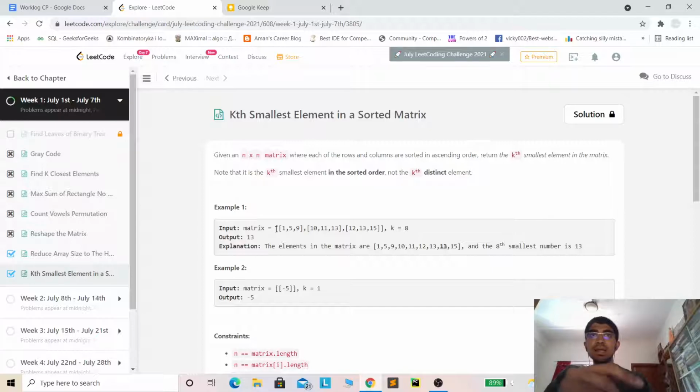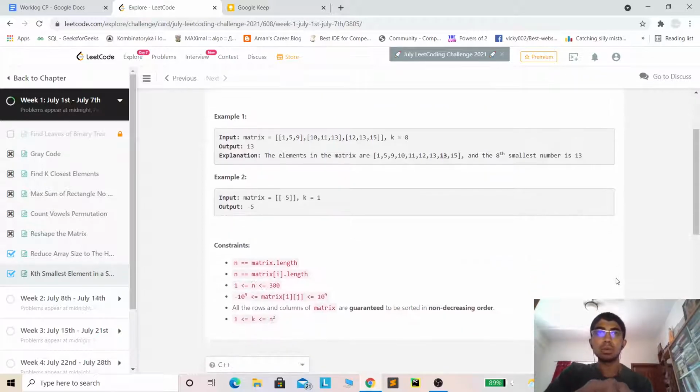If it's less than k, then our guessed value cannot be the kth smallest, so we increase the guessed value to a higher value; otherwise we decrease the guessed value to a lower value. That's how binary search helps us, and more things will be clear as we go through the code.